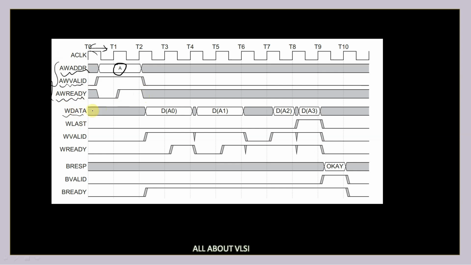So here our master is providing the data to the slave using this W data bus, and whatever address was used by our master is the base address in this particular burst. So for the first data item, that is the base address, and from the next address onwards, the slave is going to calculate the subsequent addresses using this base address. And using this W last signal, the master is going to tell the slave that this is the last data item present in this burst, and using this W valid signal,